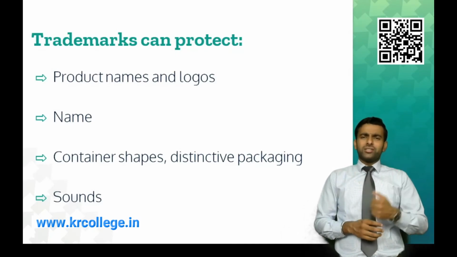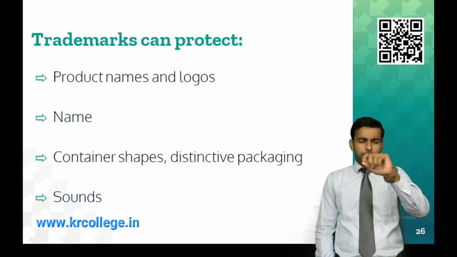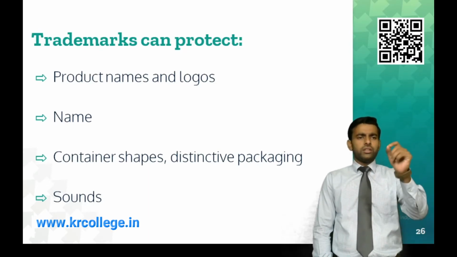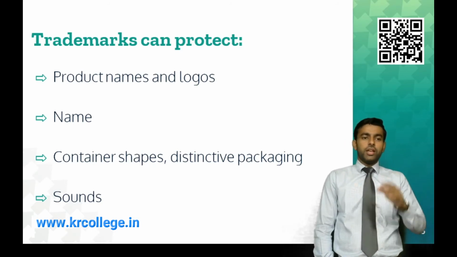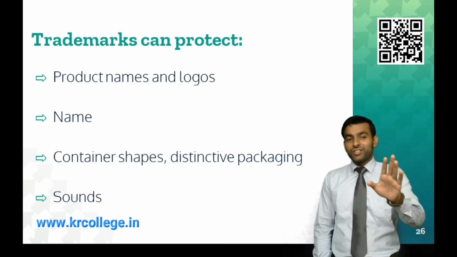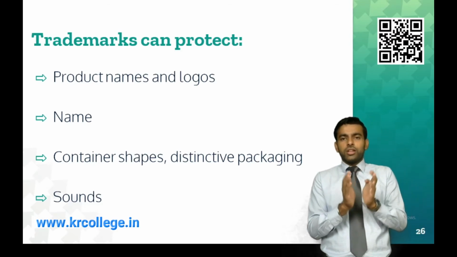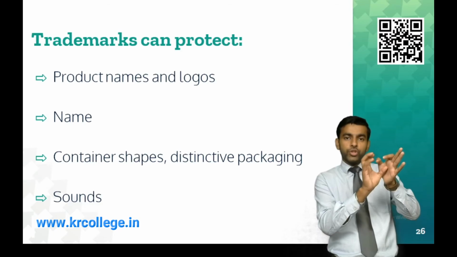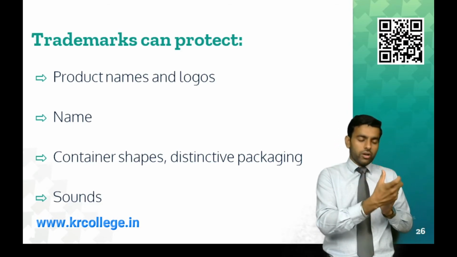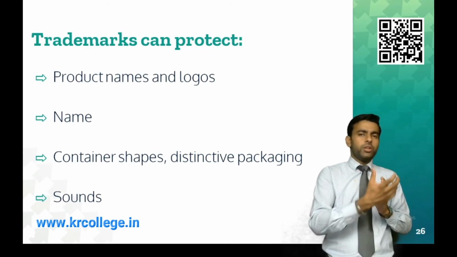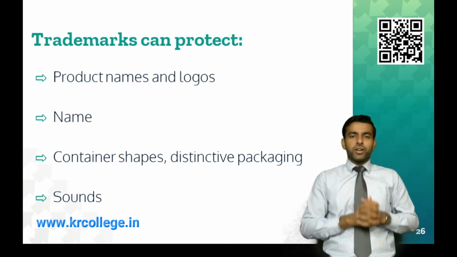And what does trademark protects? First one, product names and logos. आपके प्रोडक्ट का नाम क्या है, आपके प्रोडक्ट की लोगो क्या है, this is something trademark protects. नाम, कंपनी का नाम basically. And third one is something which is interesting, container shapes, distinctive packaging. आपने देखा होगा thumbs up बोतल is always in that unique bottle shape. कभी भी thumbs up की बोतल की शेप में पेप्सी नहीं मिलेगी आपको, कोल्ड ड्रिंक फेंटा नहीं मिलेगा आपको, कुछ भी नहीं मिलेगा, just because thumbs up has its own container shapes का trademark.